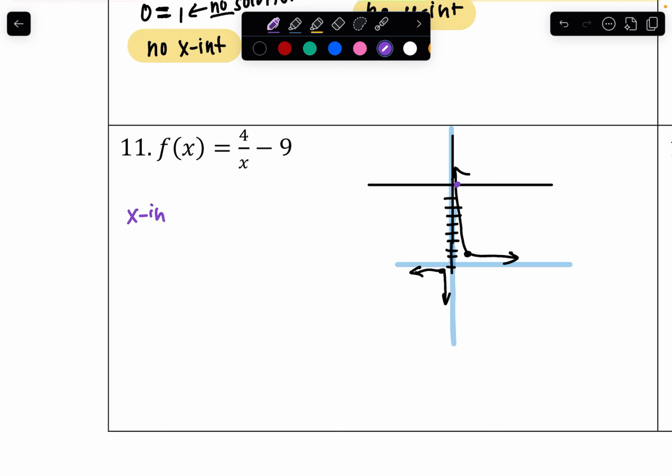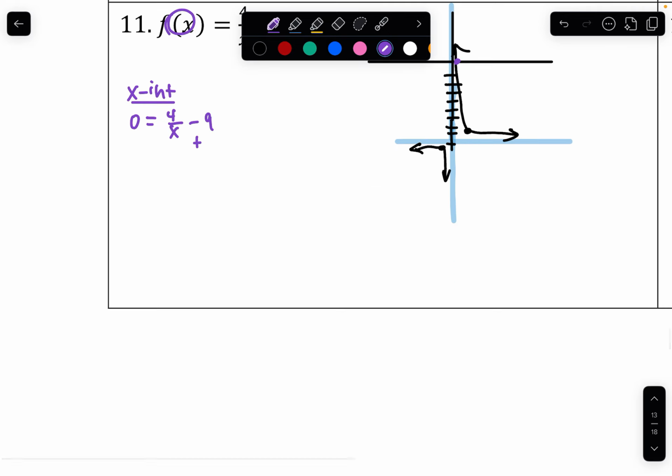So to find the x-intercept, we plug in 0 for y and solve for x. So our first step would be to add 9, multiply both sides by the x,